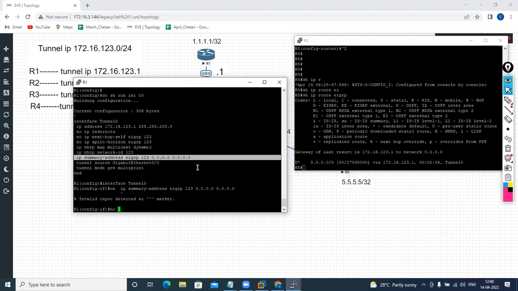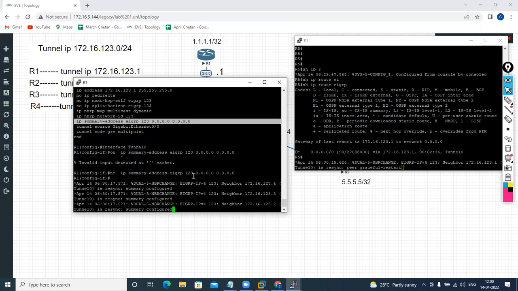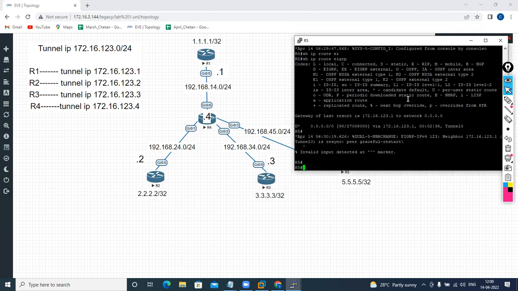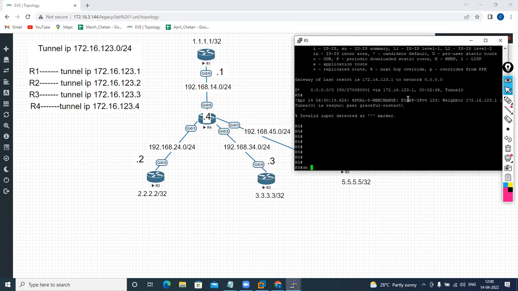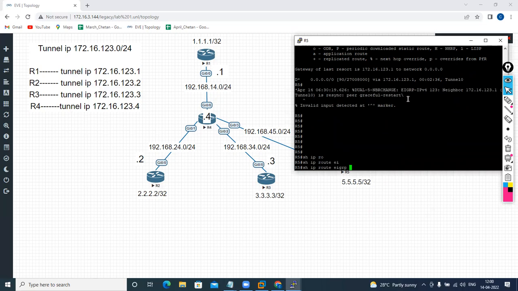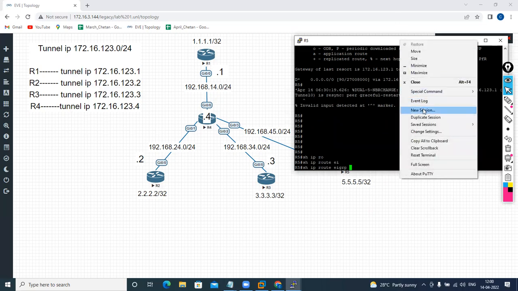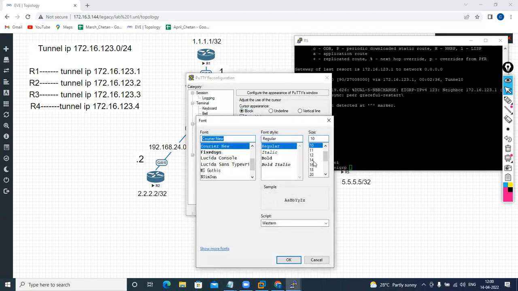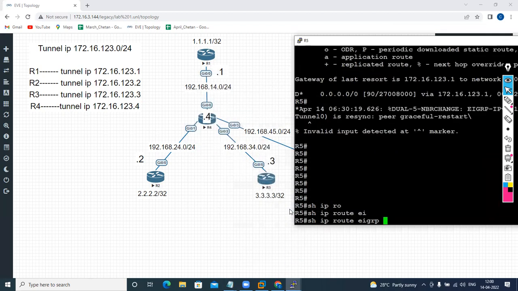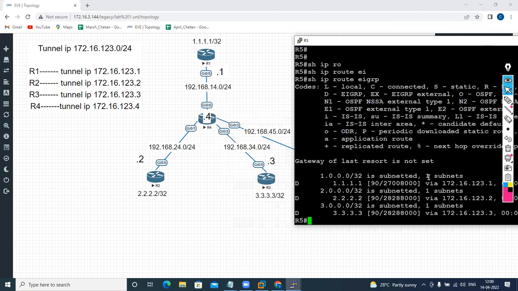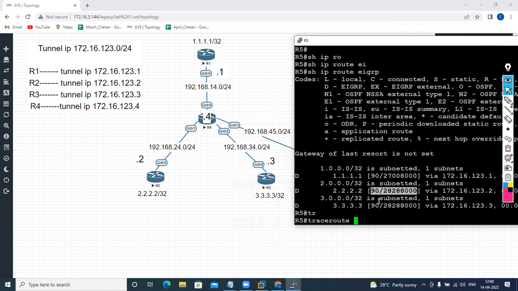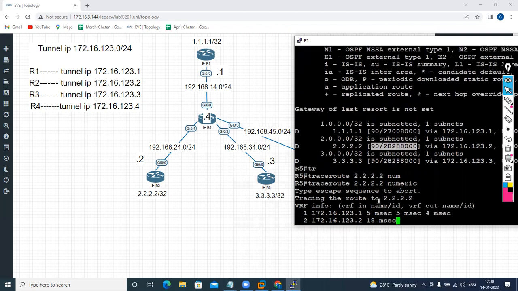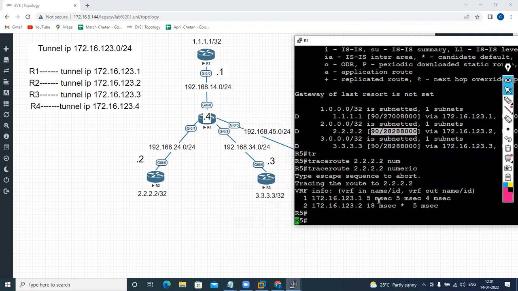Type it out. Now I remembered. Change the font size. 16. Show IP route. EIGRP. Can you see now it has learned 2 and 3. If you trace 2.2.2.2, new first, so from the second onwards,